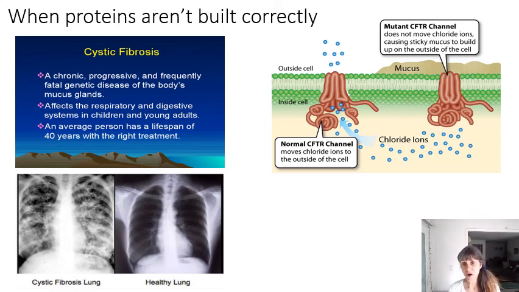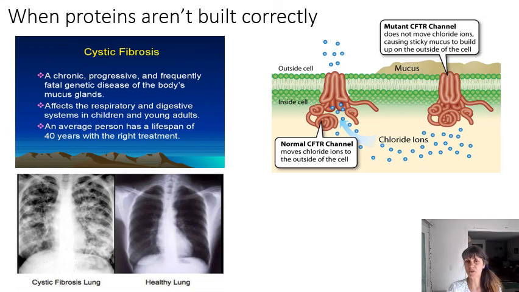When proteins aren't built correctly, and that's usually because the amino acid sequence is messed up somewhere, that can cause problems in the body. For instance, cystic fibrosis is a disease process that occurs when the normal proteins that are